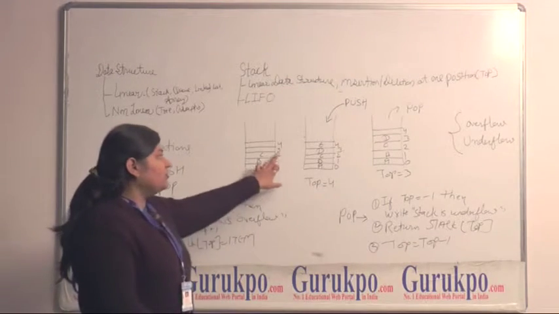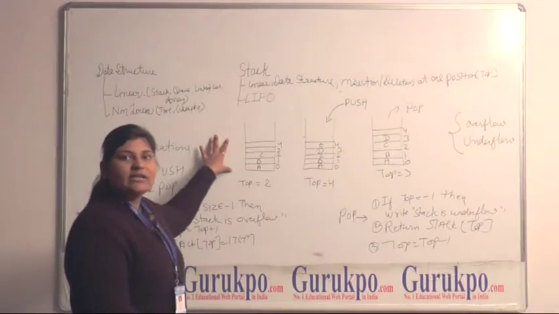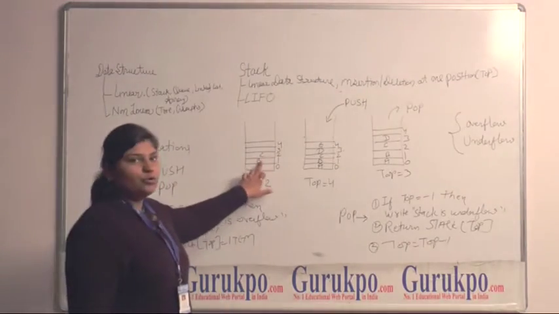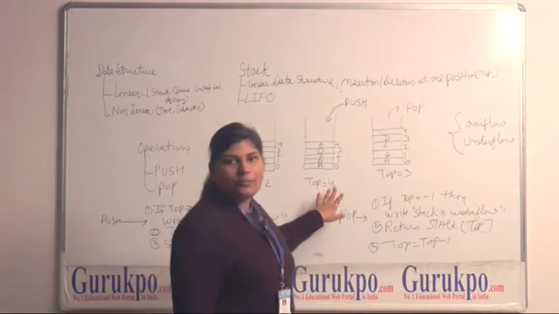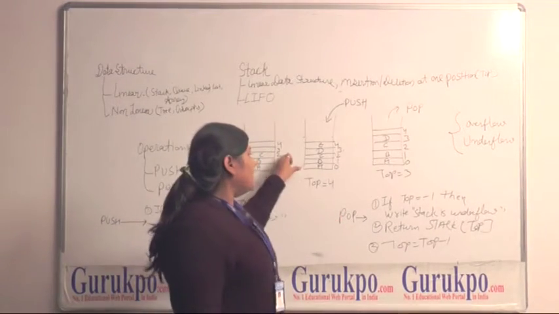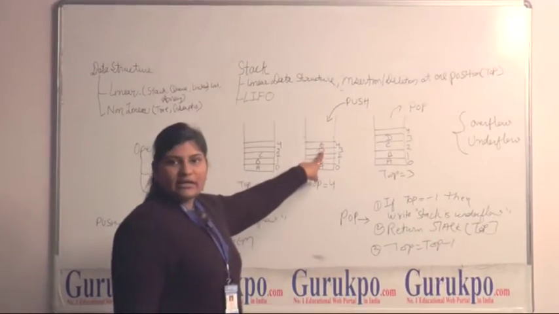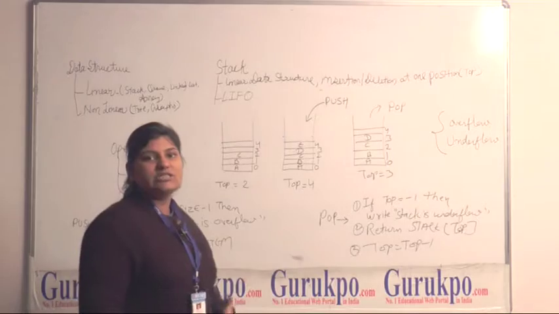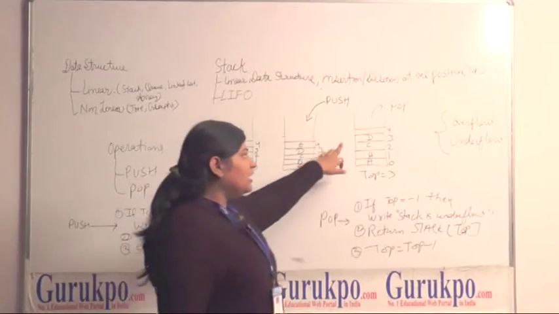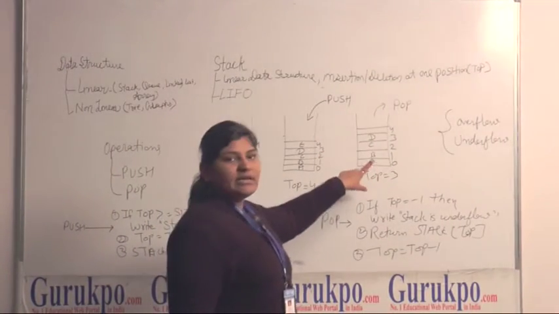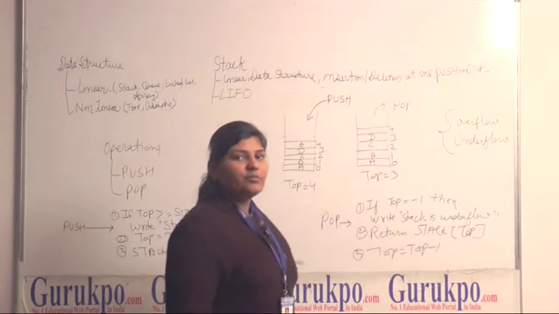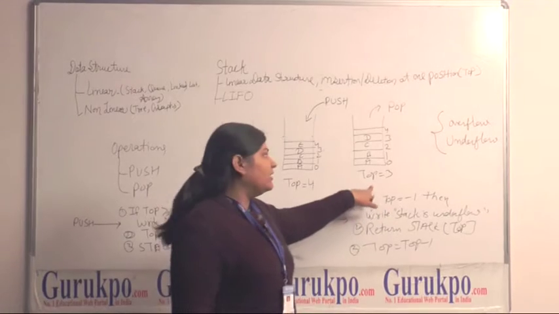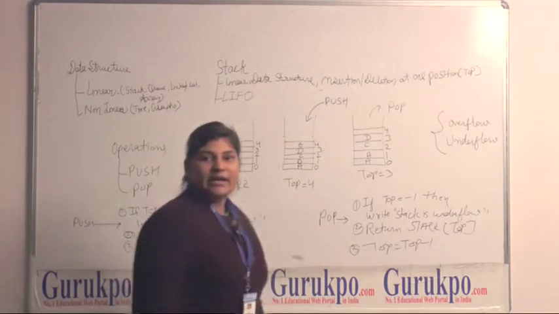Let's see, this is a stack. In the stack, 0, 1, 2, 3 are the positions and in it the data is A, B and C. So the top position is at 2. Next we can see the push operation. In the push operation we have inserted an element E and the position of top is now 4. The position is changed by 1. In the pop operation an element is deleted from the top position, then the top is minus 1, that is 3, and we have deleted the E element.